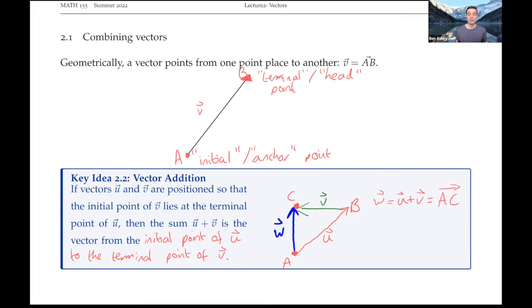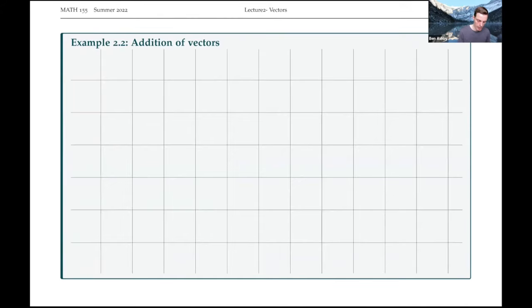Now, as with scalar addition, when we add two vectors together, it doesn't matter which order we add them in. So this should hopefully make sense if you are asked to move in one direction and then in another direction. It doesn't matter whether you switch the order of the directions, as long as you keep the magnitude of those two things the same. So just to illustrate that, if we imagine that we have two vectors, u and v,